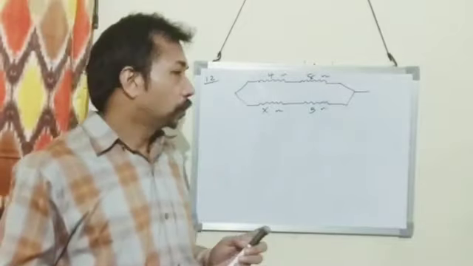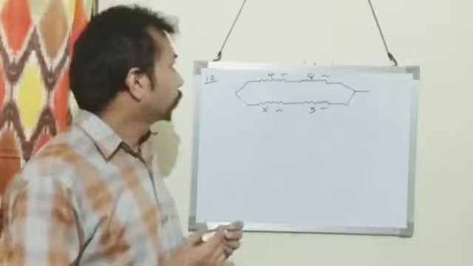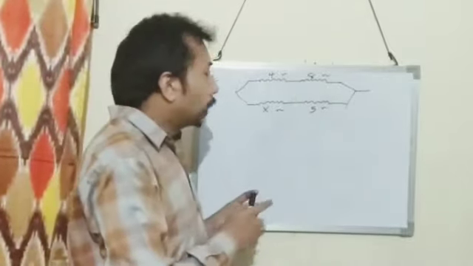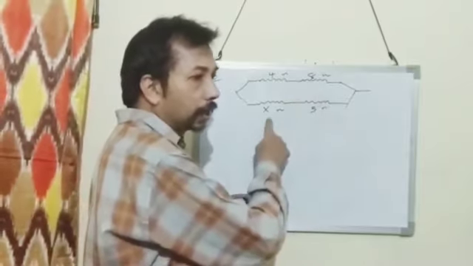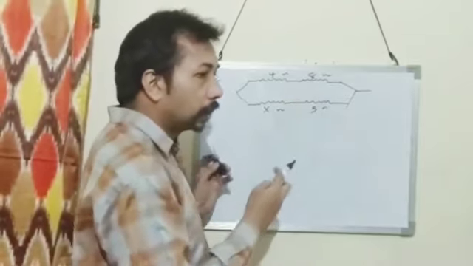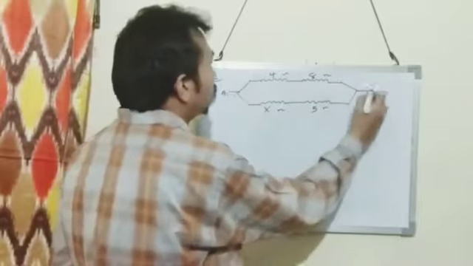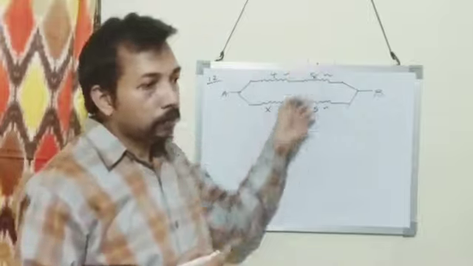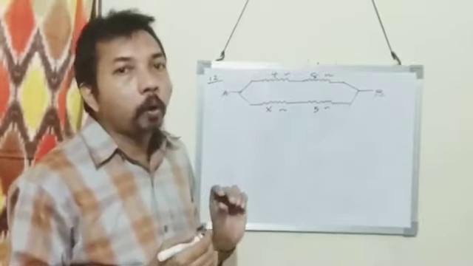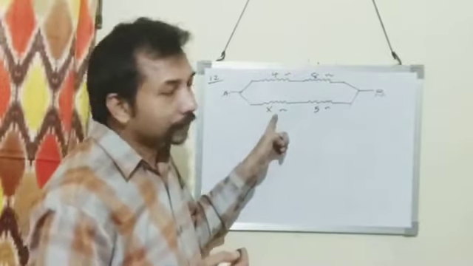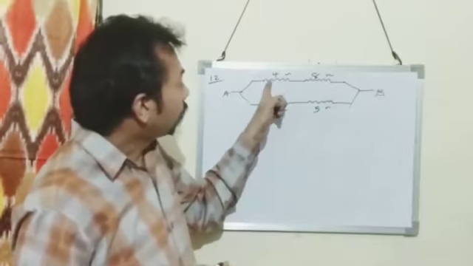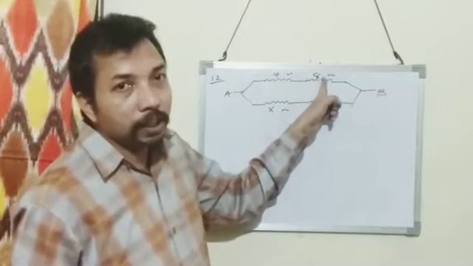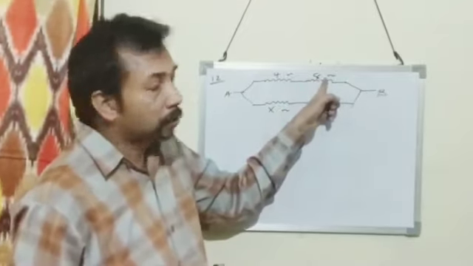Now we are doing question number 12. In the circuit shown below, calculate the value of X. The equivalent resistance between A and B is given as 4 ohm. Total resistance of this entire circuit is 4 ohm. We have to calculate X. So here 4 and 8 are in series. Their total resistance is 4 plus 8, which is equal to 12.